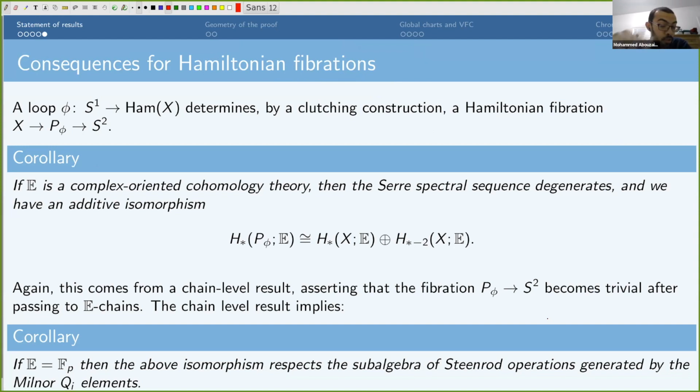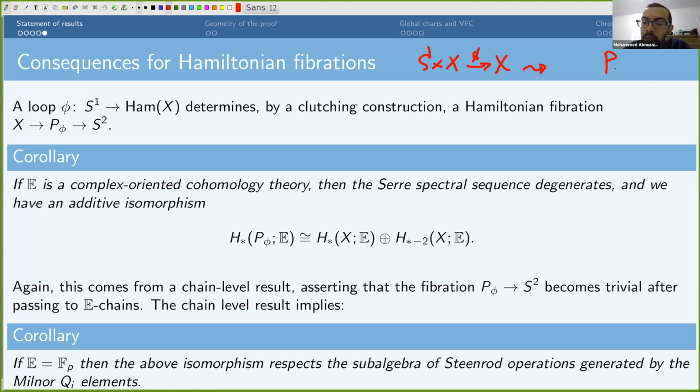This is a construction that was known to Lalonde, McDuff, and Polterovich. Once you have this result about loops in hand, you can conclude something about Hamiltonian fibrations, which is in the title. So the construction is as follows. If I give you a map S1 cross X to X, really a family of diffeomorphisms parametrized by S1, I can always associate to that a fiber bundle over S2. I'm going to call this phi, and I'm going to call the fiber bundle P phi, and it